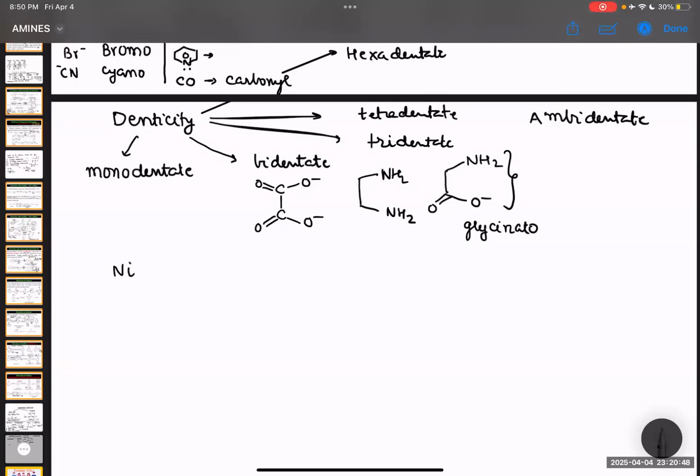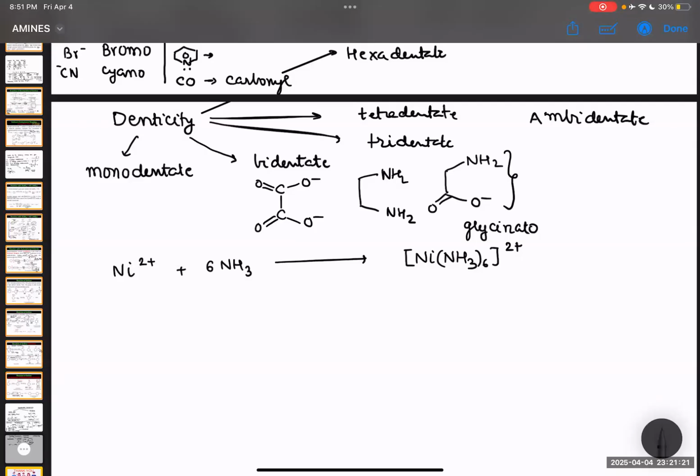For example, if you take Ni, if you react it with NH3, what's the name for NH3? Amine with 2M. For everywhere you are going to just put 1M,